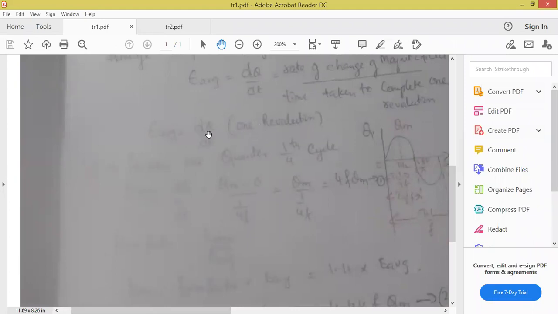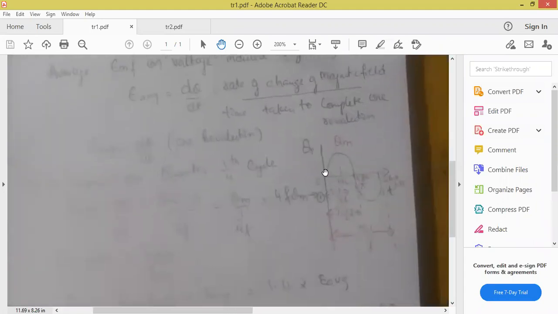Now our aim is to bring the formula for d phi by dt. What is d phi, anyone? Rate of change of magnetic field. So now you see the graph. Everything works with the graph. You must draw this graph. Rate of change of magnetic field means what? All of you tell me. At time t equal to 0, what is the value of magnetic field? See the graph and tell me. At time t equal to 0, it is 0. Now you tell me, at time t equal to a quarter cycle, 1 by 4f, what is the value of magnetic field? Phi m. Yes or no? During one quarter cycle, the magnetic field has increased to the maximum value, so phi m.